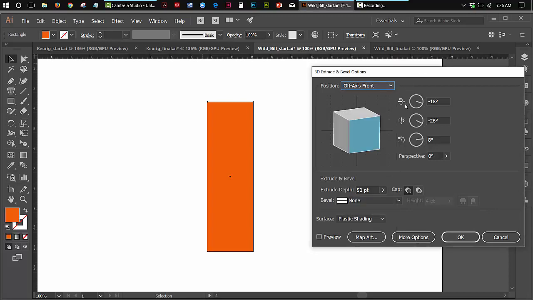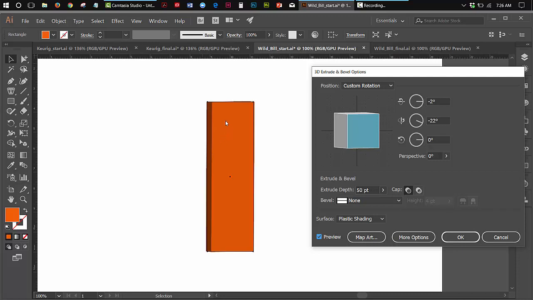I can also use the 3D rotations over here, and I can play with them to get my rotation, which I find a little bit difficult to do and probably too time consuming for me. And then you also have this guy right here, which shows you the front surface as being blue, and these are the side surfaces. By manipulating this thing, you can change the orientation of the model. And if you take a look over here as I'm doing this, the numbers are moving. In order to see this thing in 3D, I click on the preview button, and as you can see,